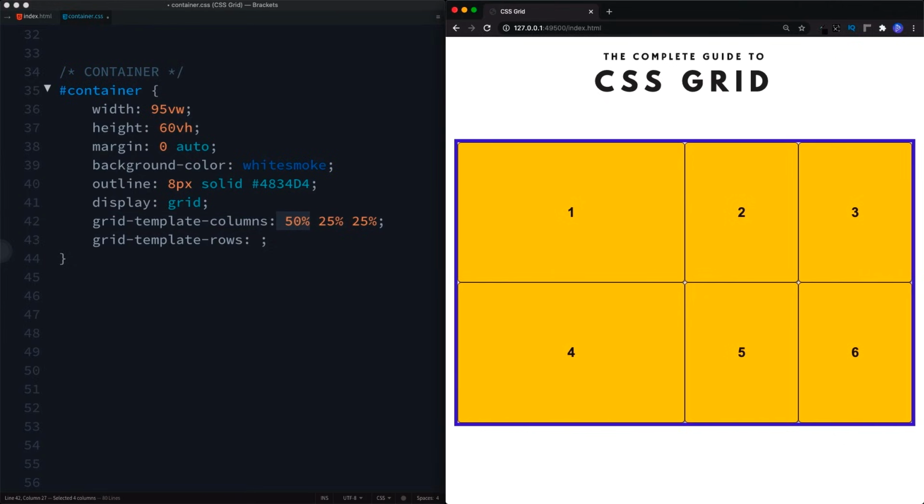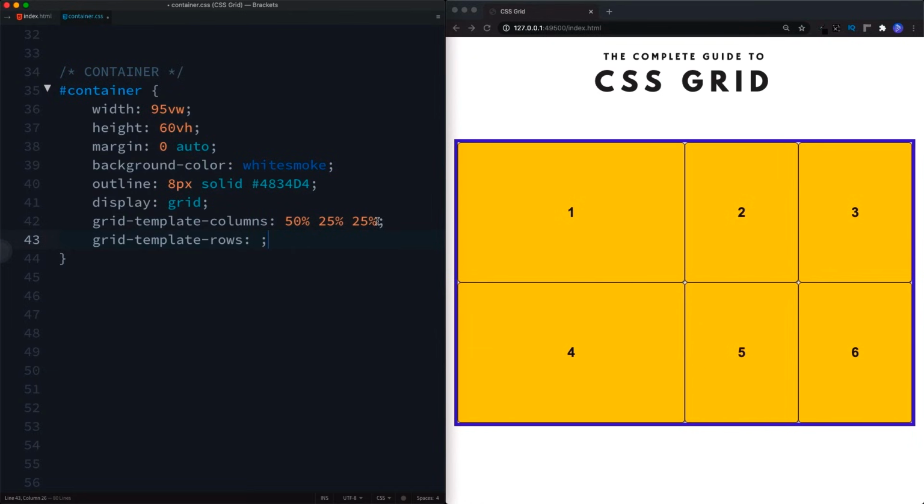Now CSS Grid also comes packed with some special functions and keywords. Let's take a look at what they are and how they work. So first we're going to look at the fractional unit. Now whilst we can use these units, percentages and pixels etc, when we want equal columns or rows, the preferred unit to use on our grid container is a new unit, which is the fractional unit. The fractional unit takes a fraction of the available space and divides it equally.